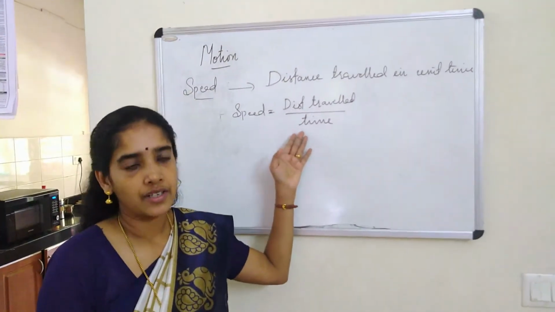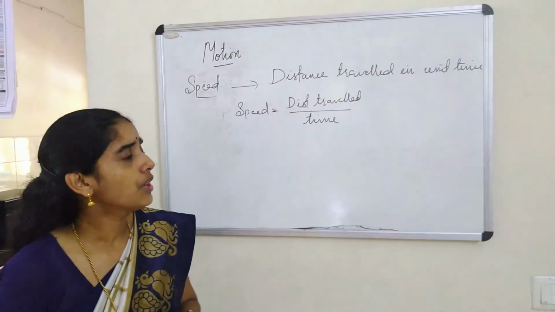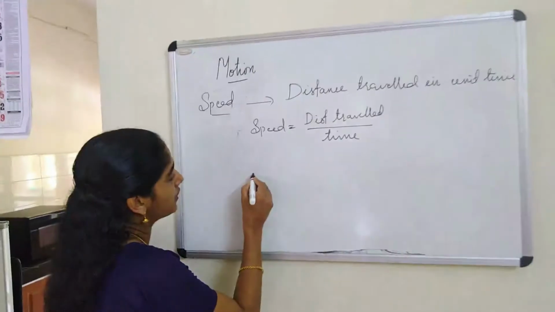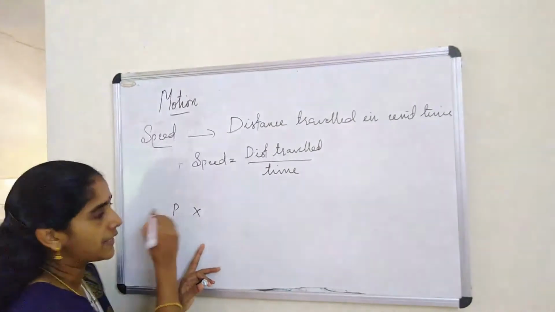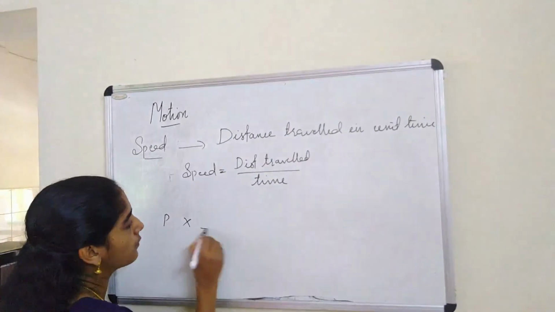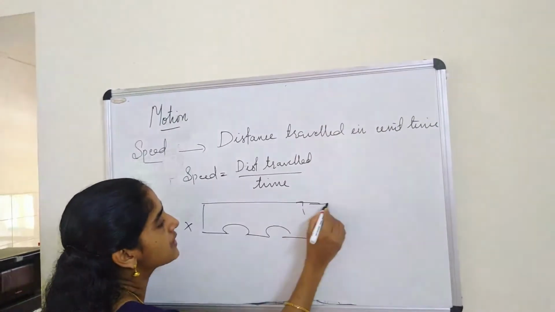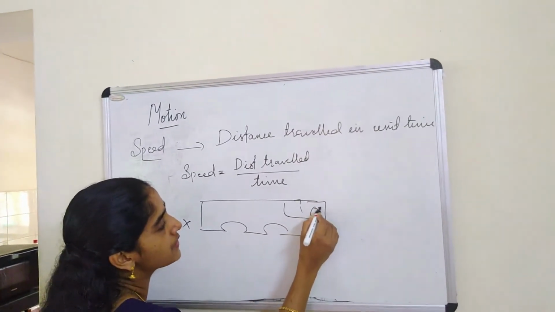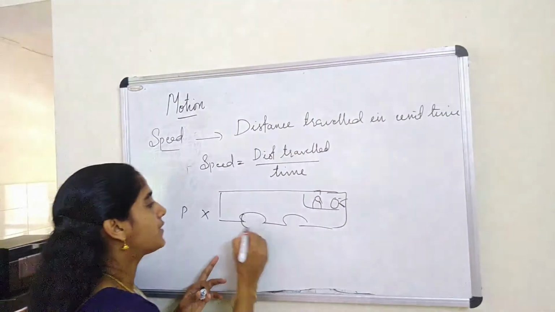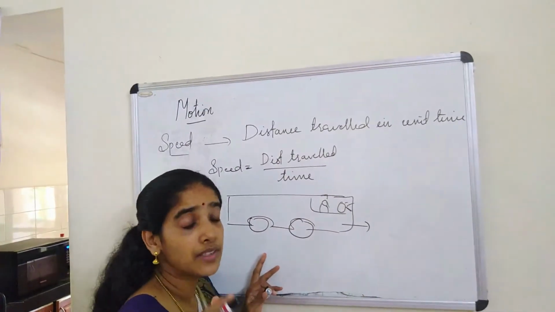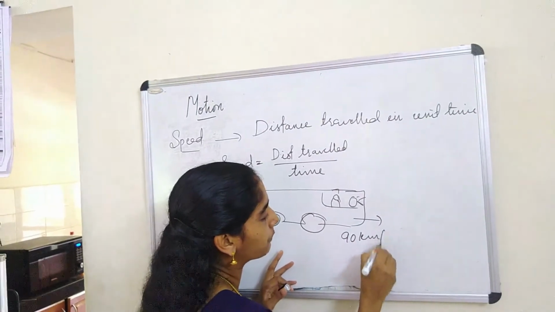And speed we defined as the rate of distance travelled. Now suppose let us take a position. Let it be a city. You assume any position. Let me call this position P. Imagine a bus starts moving from P. Let me draw a block figure for the bus. Imagine the bus starts travelling from here, and here comes the steering and all that, and here sits the driver. Suppose the bus started the motion from here at a speed of 90 km per hour.